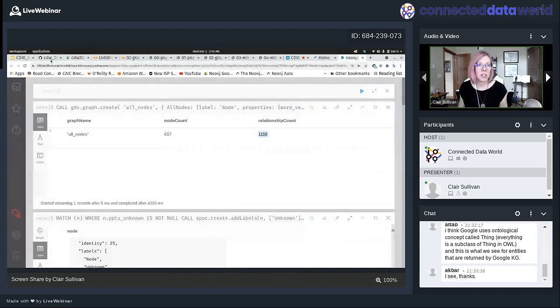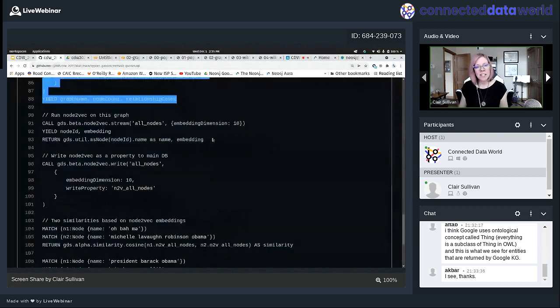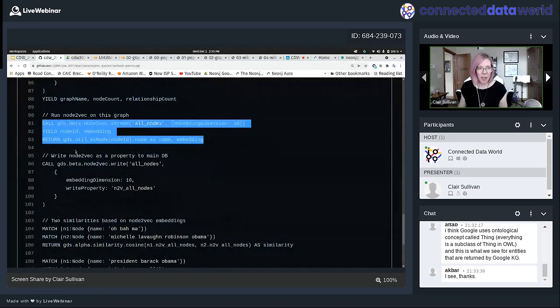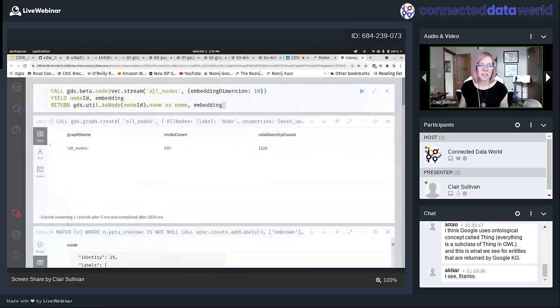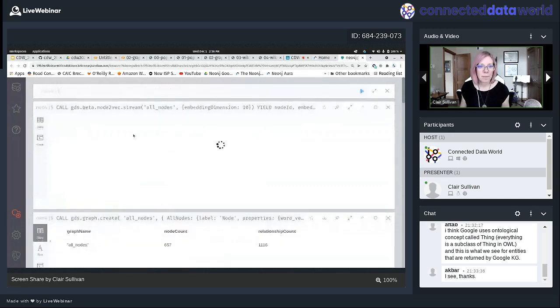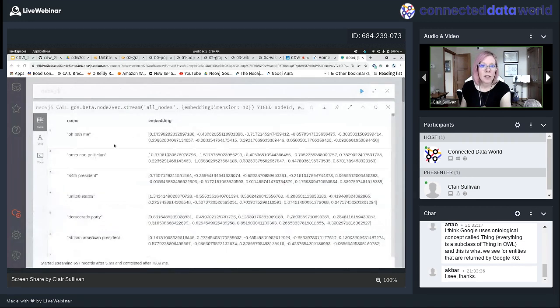Okay, so that's good. Now, we need to create our graph embeddings if we're going to do machine learning. And this is lines 91 through 93. GDS has node2vec built in. Okay, so I'm going to just copy and paste these lines in here. I apologize, this is going so fast. And then I have this thing called .stream. What .stream does is it says, just write the results to the screen so I can take a look at them. And I have this thing called embedding dimensions. So I'm going to give a 10-dimensional embedding. And in just a second, we'll see this on the screen. Okay, so I have lists of floats and they're 10-dimensional.